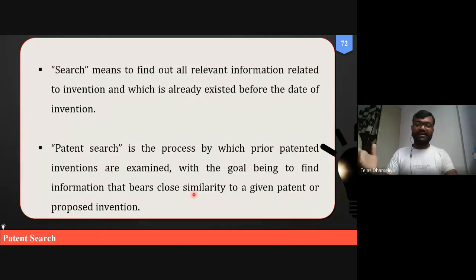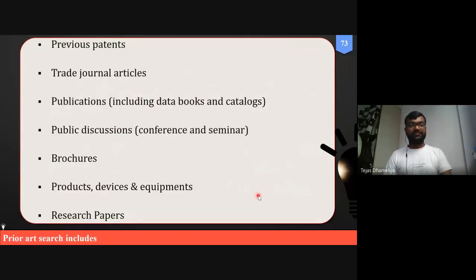It can be any field. If I say from pharmaceutics, then somebody has developed, let us say, a formulation, but the same formulation we are going to adopt in nanoparticles or a nano formulation, or using some other excipients to improve the quality of that formulation, etc. So this kind of study is basically called the close similarity of a given patent to our proposed invention or research work.